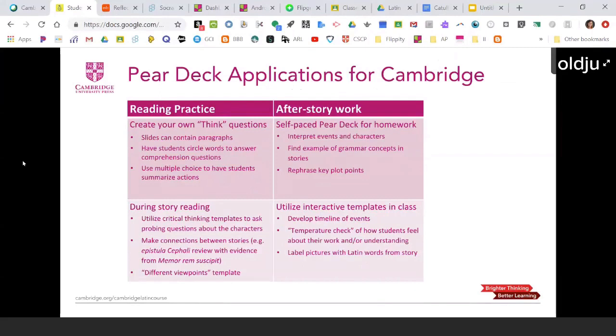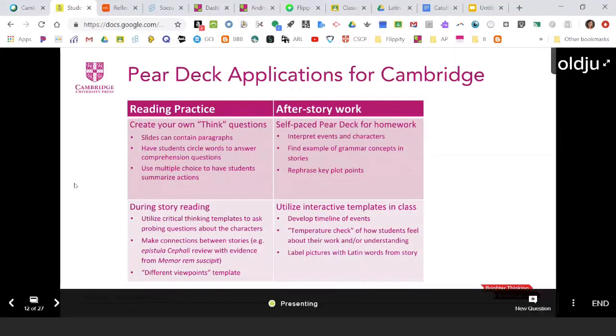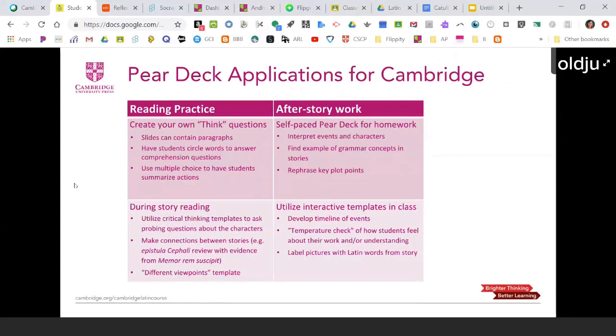So create your own think paragraphs, think questions, take texts from stories, even just within the textbook or newer stories so that they can practice reading comprehension skills. Have them circle words or answer multiple choice questions about, say, which 3 actions happened in the first paragraph or something like that. While you're in the middle of a story reading, you could use those critical thinking templates to ask further